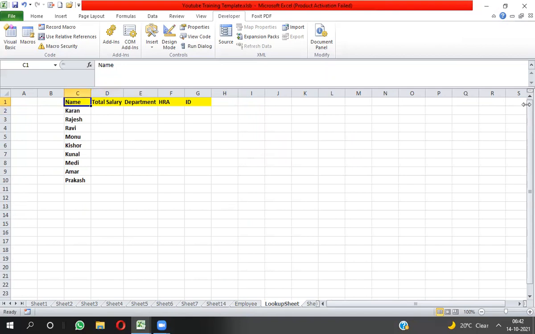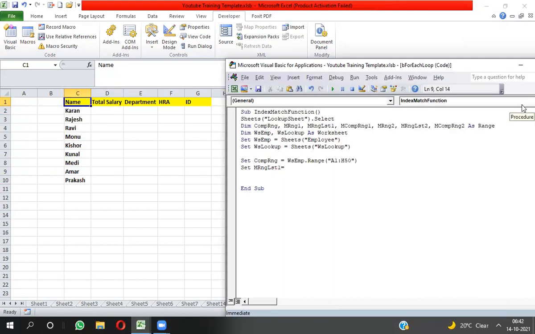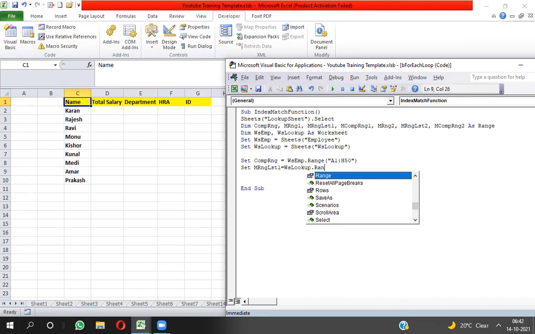First I have to take the lookup sheet reference: ws lookup dot Range, C2 to C10.